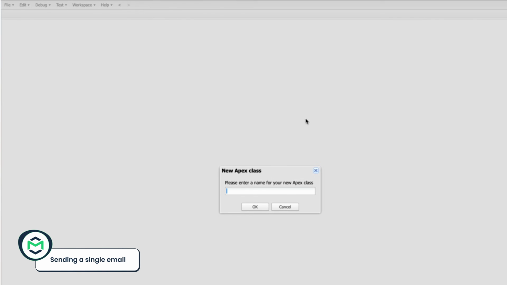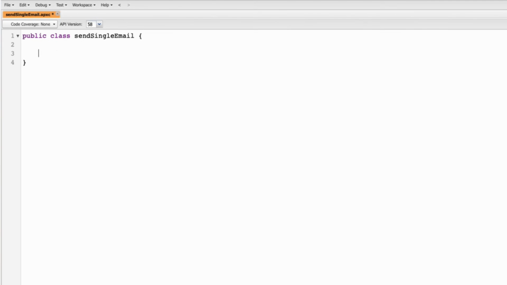Open your Salesforce Developer Console and create a new Apex class. We'll call it SendSingleEmail. Declare the sendSingleEmail method, which belongs to the SendSingleEmail class. Call the reserveSingleEmailCapacity method of the Messaging class to check and reserve if there's enough capacity to